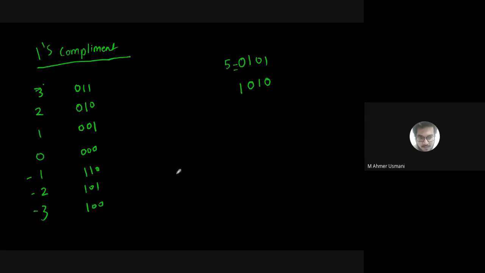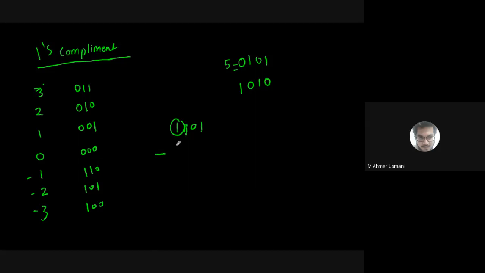Okay, people still seem to have confusion, so I'll quickly take any random number. Let's say 1 1 0 1. Tell me, what is this number? Is the number negative or positive? Negative. The number is negative. It is not -5. Don't just look at the number and tell me the answer. First you need to look at the MSB. The MSB is 1, so that means the number is negative.